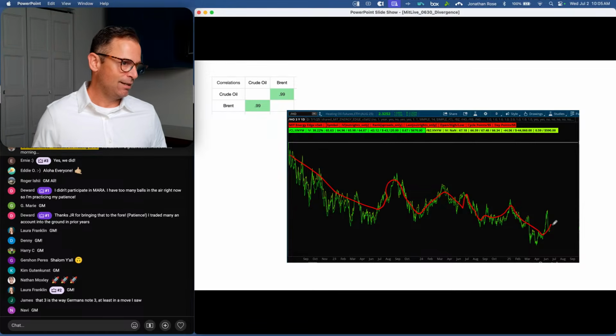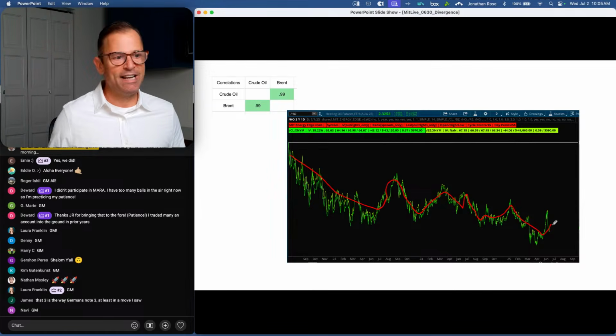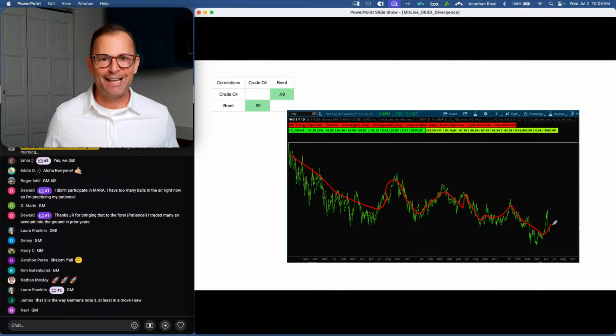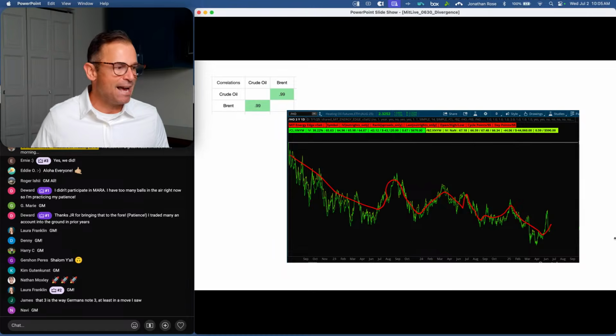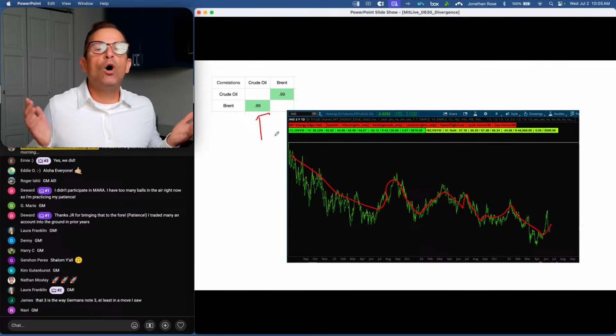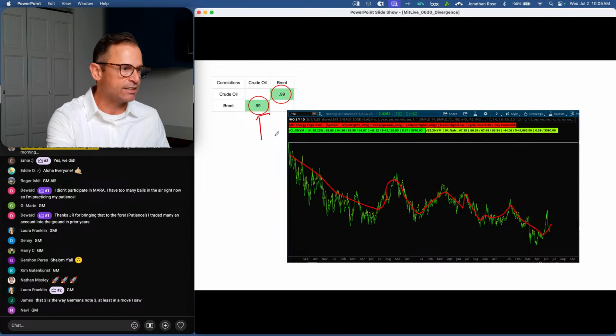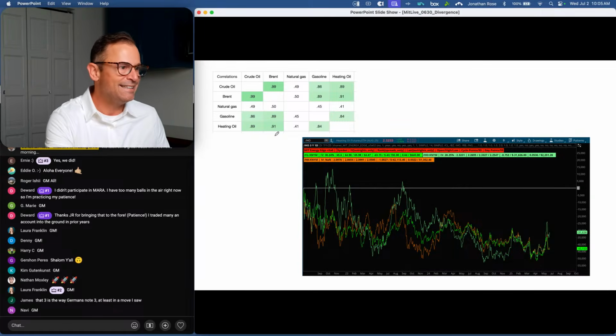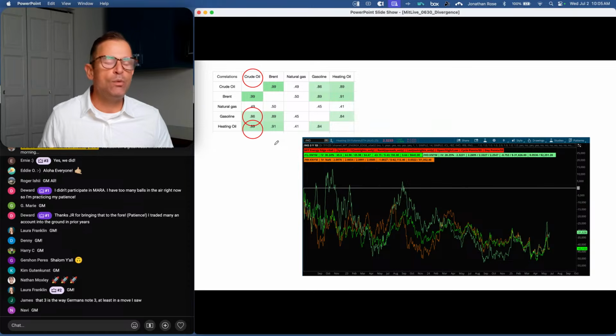But if Brent traded 10% higher and WTI traded 10% lower, don't you think inevitably they're going to come back to trading the exact same? Yeah, because their correlation is 0.99. It's a correlation of 1. So when we look for trades, we don't want a correlation of 1. That's ridiculous. Instead, we want correlations closer to